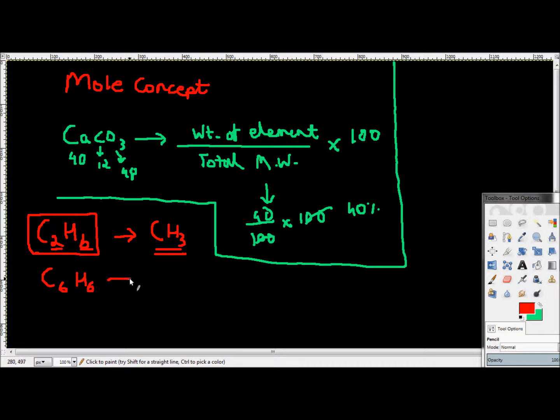Again, cancel both of them by 6, so your empirical formula is CH. We can take C4H8 as well. So if you got the hang of it now, you could figure out that this is CH2. It's a simple concept,